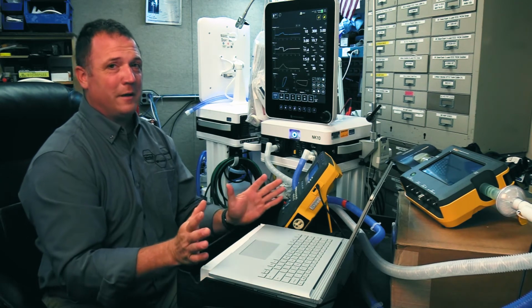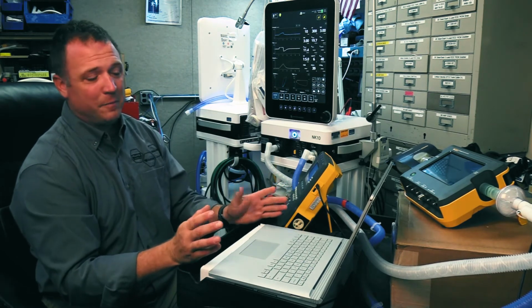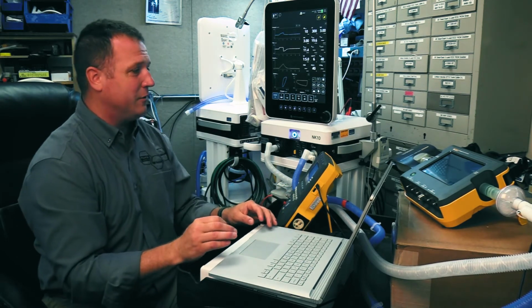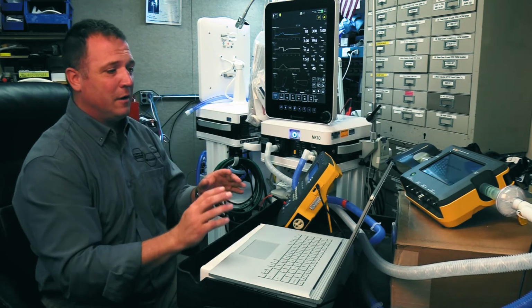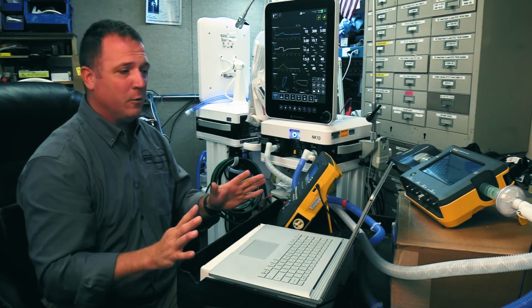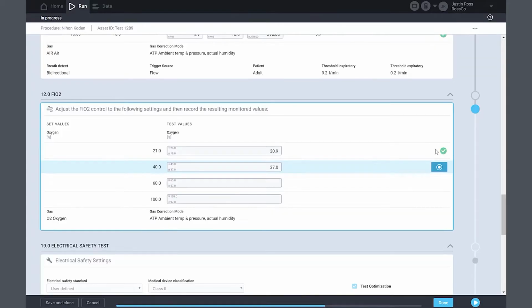So this is also great time. People are saying, well, I have to wait for the machine. You're right, you'd be waiting for it anyways, but this is a great time to take advantage of maybe cleaning it up and getting your sticker ready. All those things, your hands are now free to do while the machine and 1QA are running and doing their thing. All right, we're at 36.4. A few more breaths and we should be near 40.